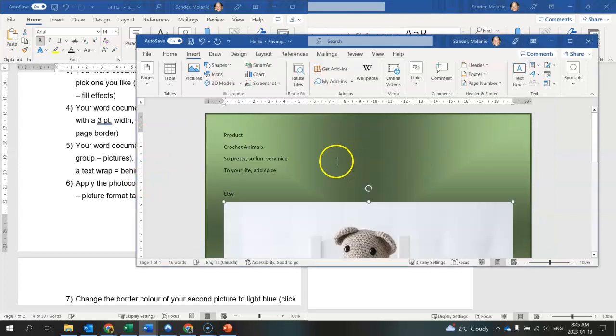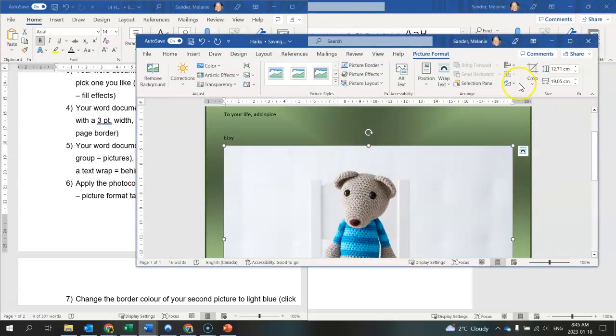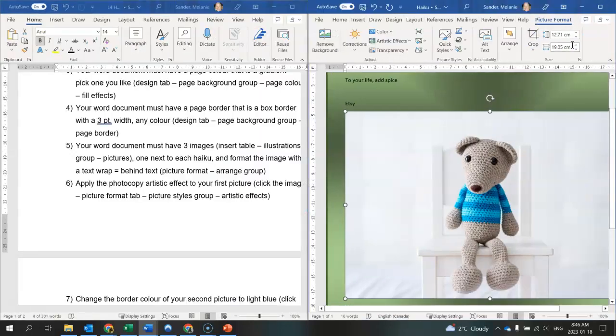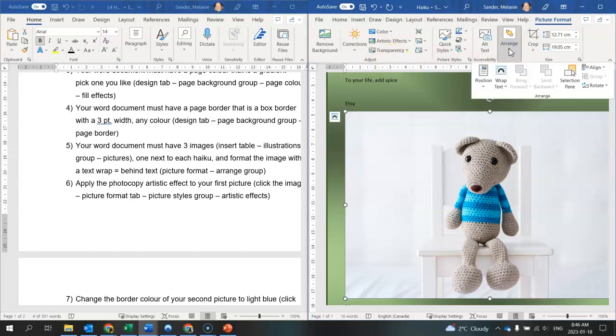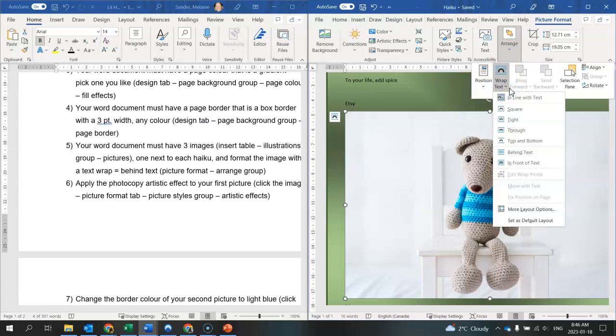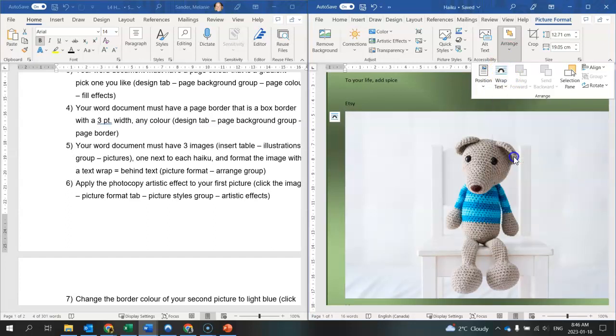Okay, let's just pick this guy there. So we're going to go back up and over. And we're going to go 3 images, and we're going to insert picture, and then we're going to format with the text wrap behind. So we've got the picture selected, so we could go into the picture format group here and go into the arrange group here, and we are going to wrap the text behind the text,